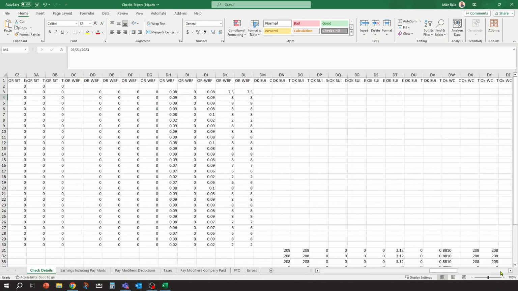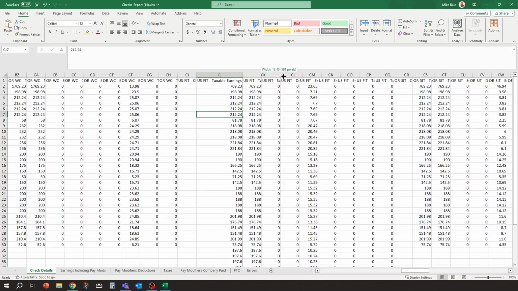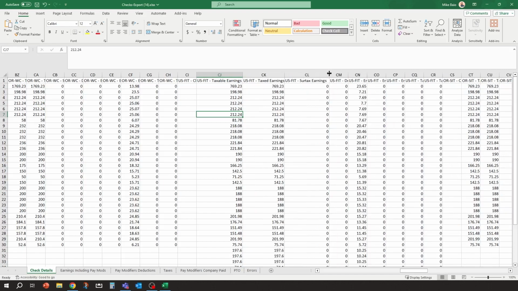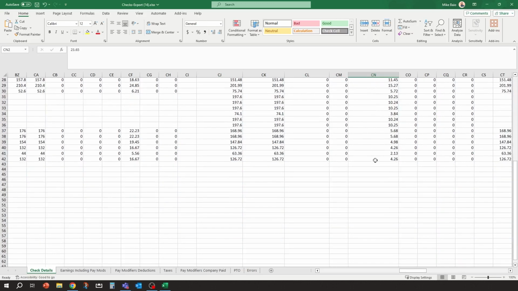If I wanted to get a total for one particular tax for that period, I could come over to this column here, for example, right here is my federal withholding employee amount. I could quickly click the auto sum here in Excel.